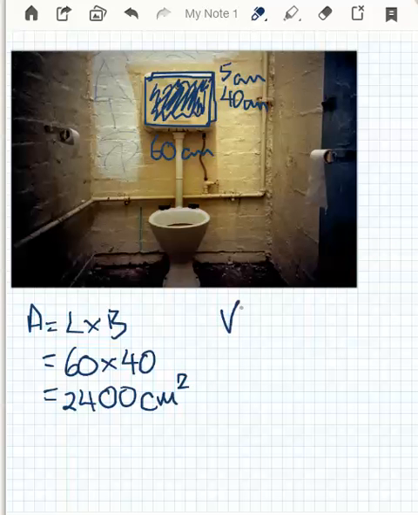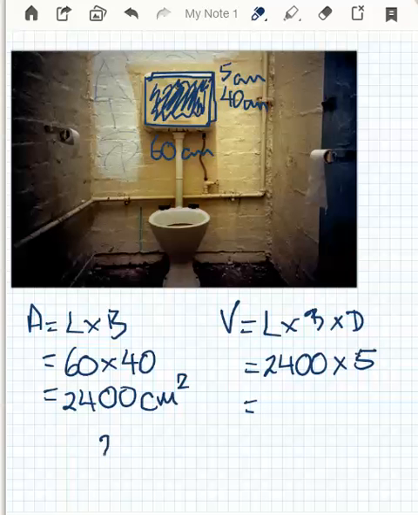Now, if we're having a look at the volume, then it's length times breadth times depth, and we've already worked out 2400 for the length times breadth, times the depth of 5. You might not know how to do that off the top of your head, so let's do it over here. It's a pretty quick calculation if we set it up like this. 0 times 5 is 0, 0 times 5 is 0, 4 5s are 20, and 2 5s are 10, plus 2 is 12. So the volume is 12,000